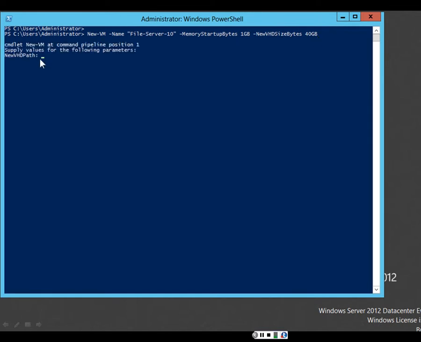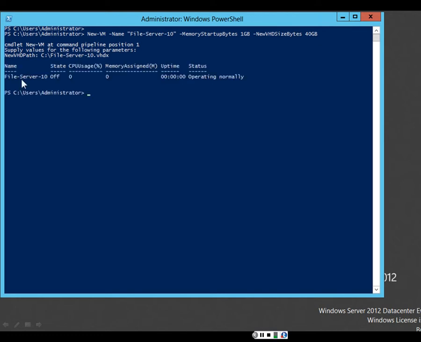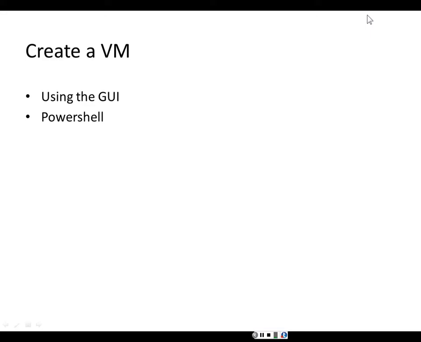I press the Enter key, and then it asks me for the path of the virtual hard disk. This virtual hard disk will be installed on the C drive, and the name of the virtual hard disk will be the same name as the virtual machine. I will call it File Server 10. Notice it has an extension of VHDX, which is a virtual hard disk format. I press the Enter key, and we can see that the virtual machine has been successfully created. So you can create a virtual machine using the graphical interface, or you can create a virtual machine using PowerShell. And this concludes part